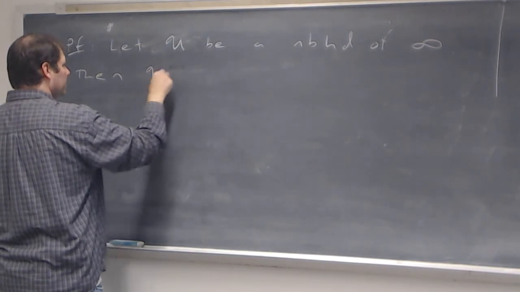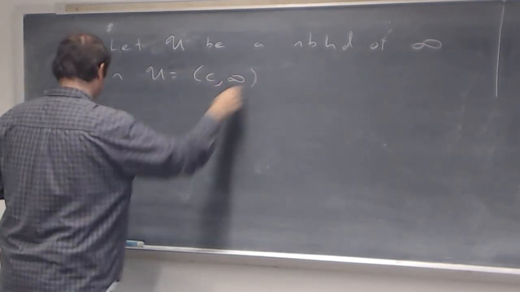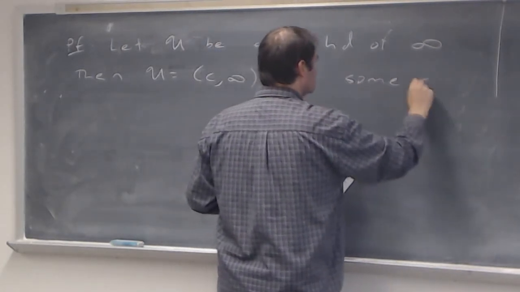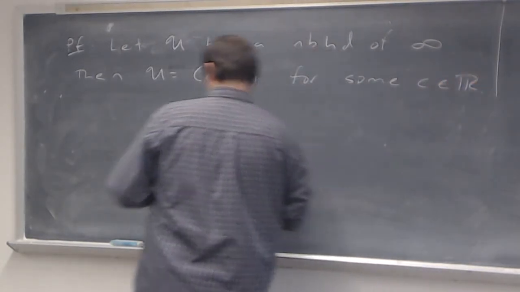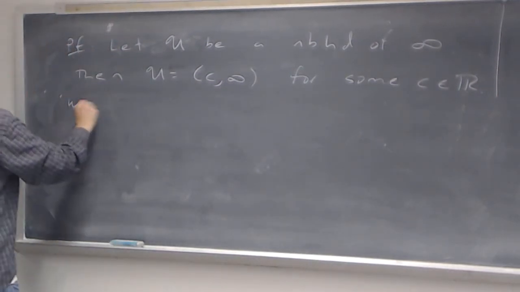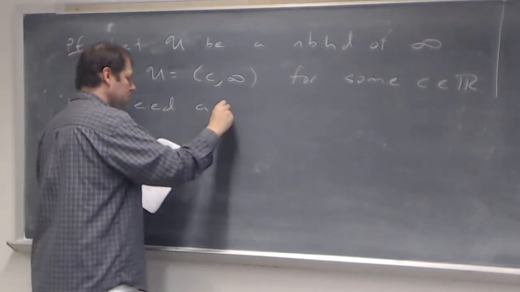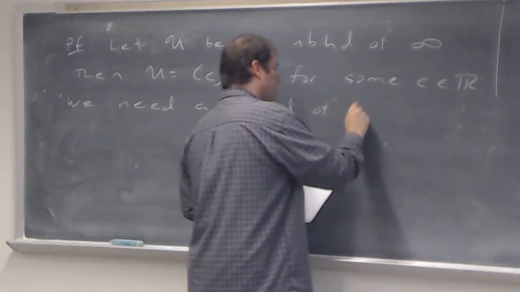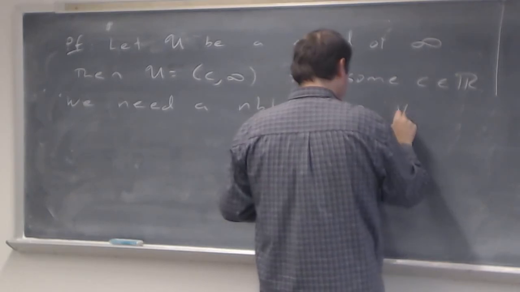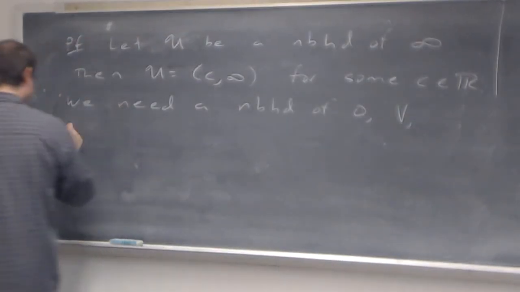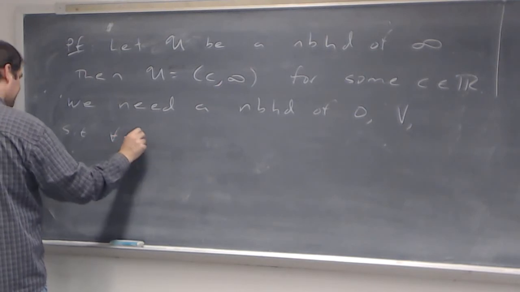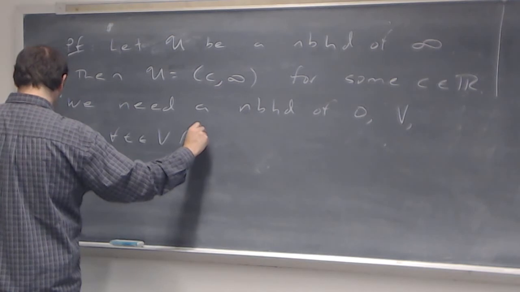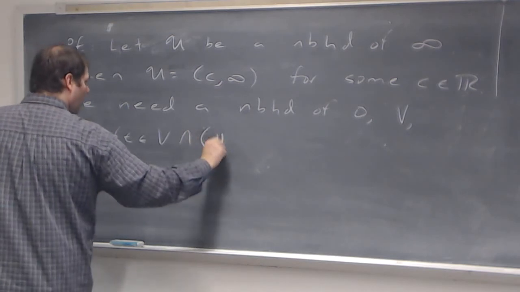Then u is equal to c to infinity, for some c, it's a real number. So we need a neighborhood of 0, let's say v, such that for every t in v intersect e, which we know to be r